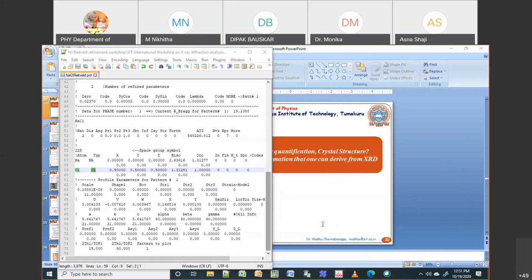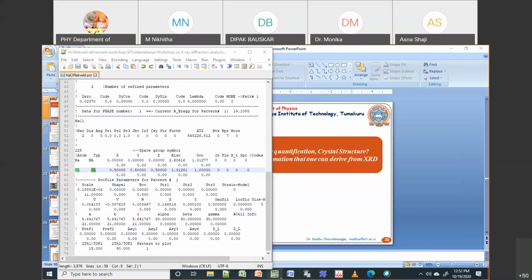Can you please explain G Fourier part again? Okay, I will do it again, not a problem. I will see if there is any other question. If you have any question, you just type it here. I will try to explain again. Till the time I will explain the G Fourier.